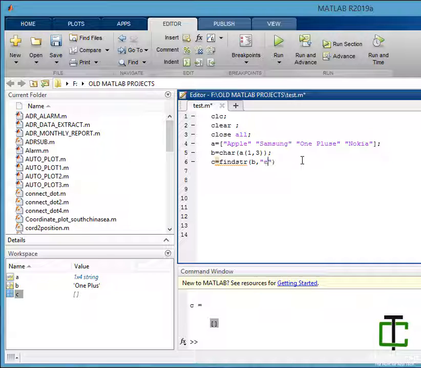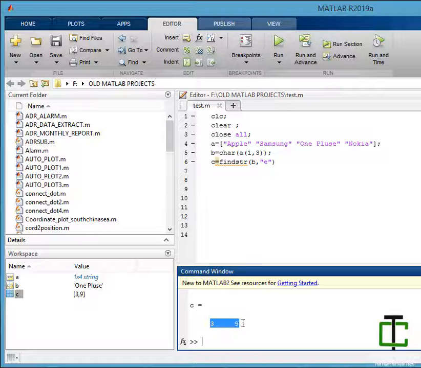Let's say I want to search E inside B, a string B which is 1 plus. Here is your 1 cross 2 matrix showing the positions where E occurs inside the string. Okay, clear?